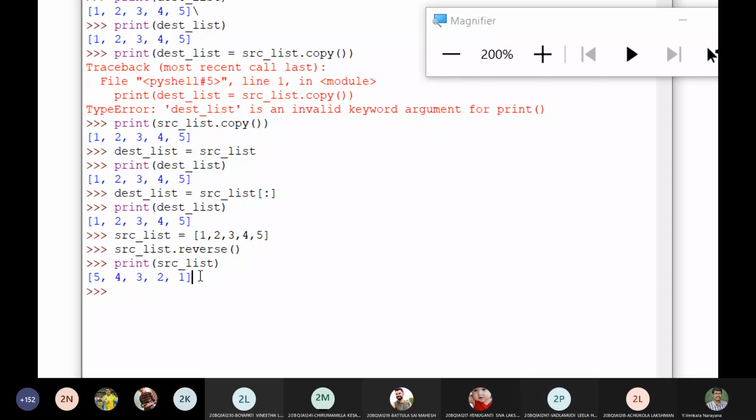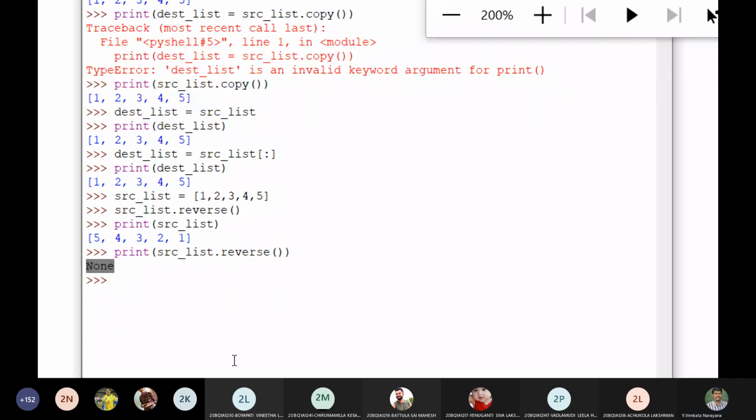Or else we can specify like this: print source list dot reverse. So let us check. Why is it not giving anything? Okay, leave it. Is this example clear?